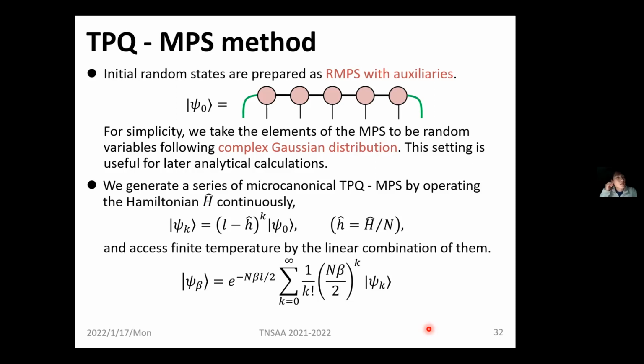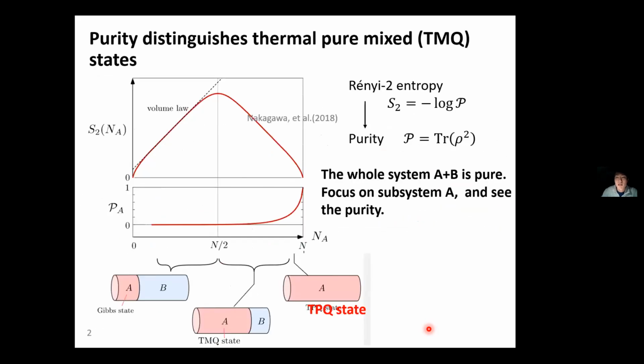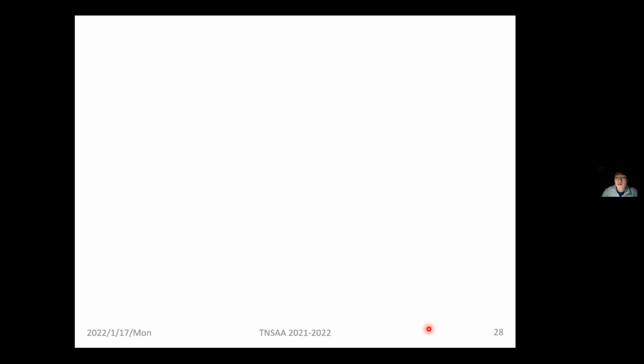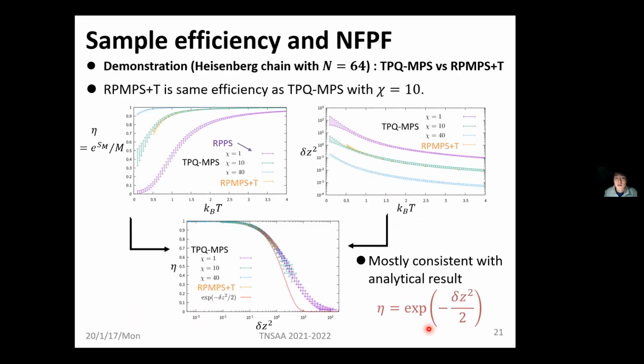And then another question is, is this method more efficient at low temperature? Maybe you have mentioned it, but I didn't. Is it more efficient at low temperature or high temperature? Oh, yes. I think this method is efficient also in low temperature, as shown in this graph. For bond dimension chi equals to 40, the efficiency of typical MPS method is very high through all temperature.